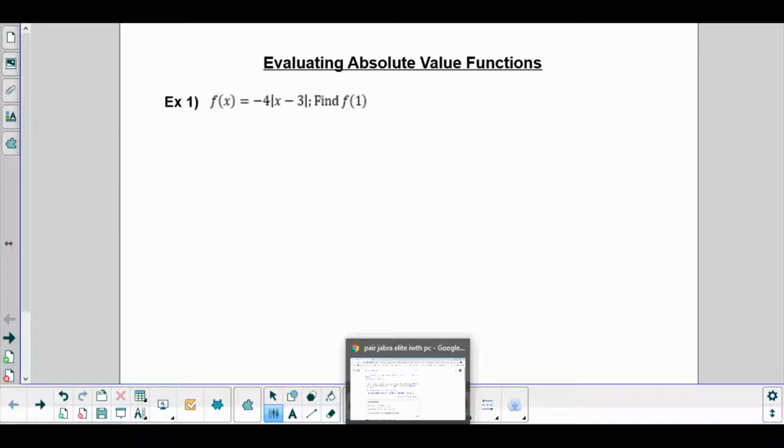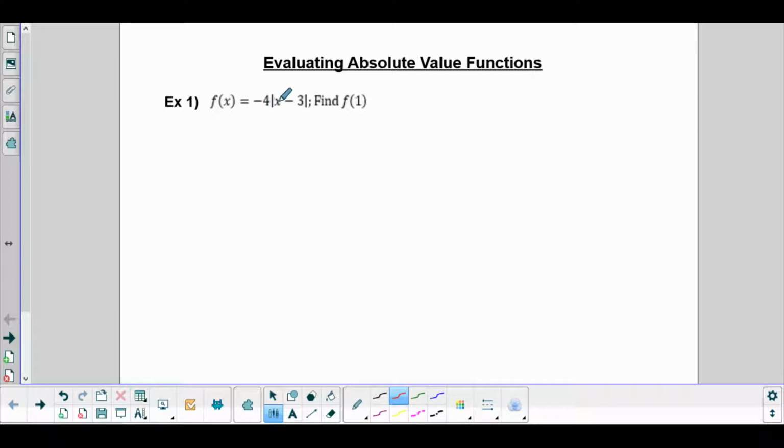So in this case, they want f of x equals negative 4, and this is multiplication, so it's negative 4 times the absolute value of x minus 3. They want you to find f of 1, so you're just going to plug in 1 for x. So this, we're going to rewrite. Anywhere there's an x, we're going to put a 1. So instead of having f of x, we're going to write f of 1